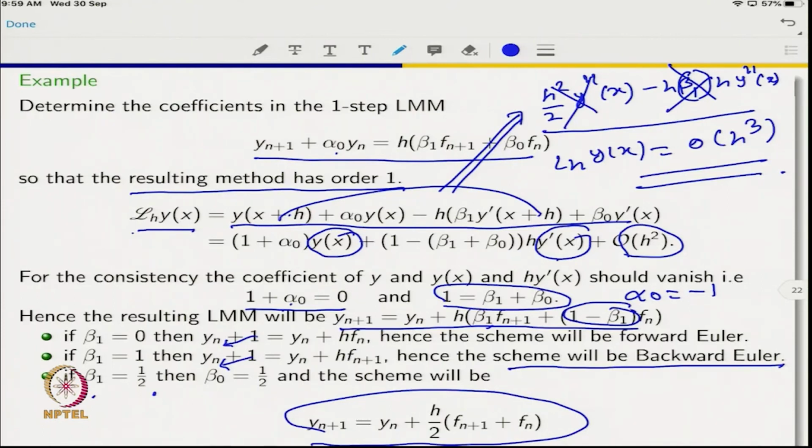So, this is the first example where we have learned how to find the coefficients of a difference equation by keeping the template fixed. What do you mean by template? Template means I wanted to retain only the points which use n and n plus 1. It is not my aim whether I end up with an explicit method or an implicit method, anything is fine. That is why we have kept the term f n plus 1 as well as f n. If our aim is to derive an explicit method, then we would have kept this term with beta 1 as 0, or basically we would not have kept this term at all.